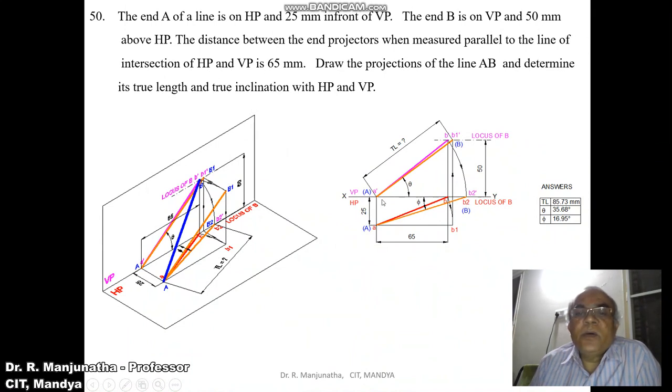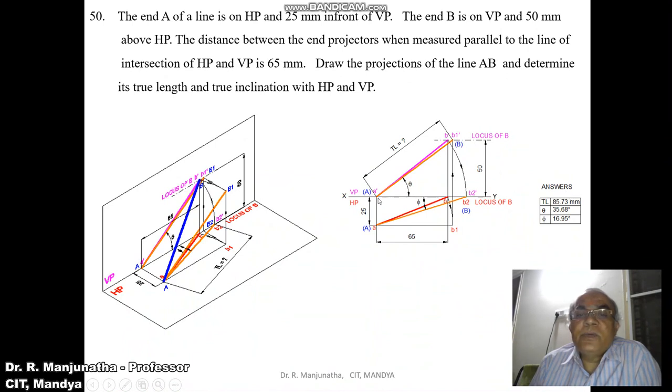Next, since A dash B2 dash is now parallel to HP, its corresponding top view AB2 is going to be in true length. So then join AB2 a little bit thicker than the XY line, and you mark the points as capital A and capital B. So this is the line which is in true length. The inclination made by this line with respect to VP is called phi. Then show the dimensions 25, 65, and the true length shown for A dash B1 dash, which you write as true length equal to question mark, and then show the dimension of 50 here.